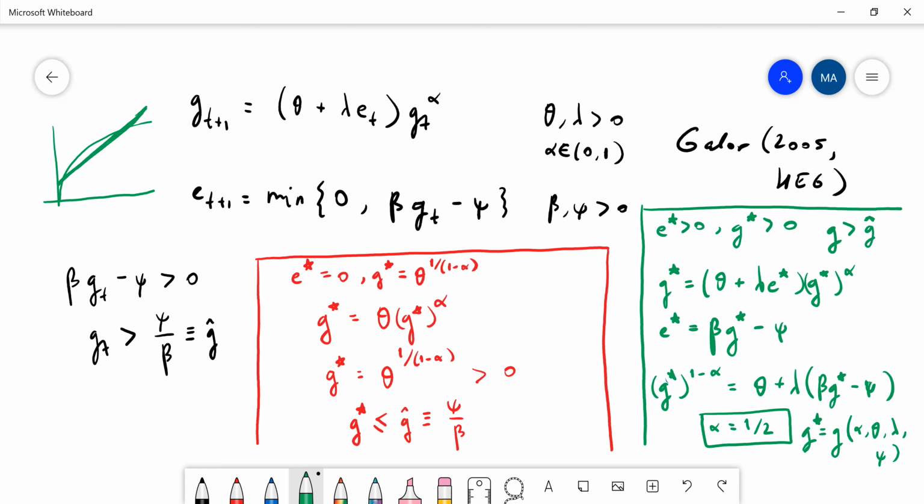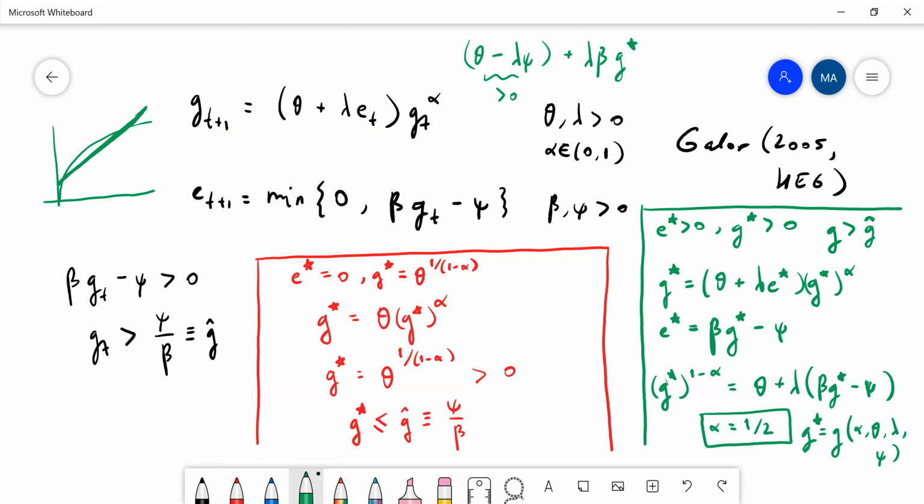And that, of course, depends on the intercept here. So the intercept is theta lambda psi, and the slope, so I'm looking at the right-hand side of this equation, is lambda beta G star. So if this is positive,